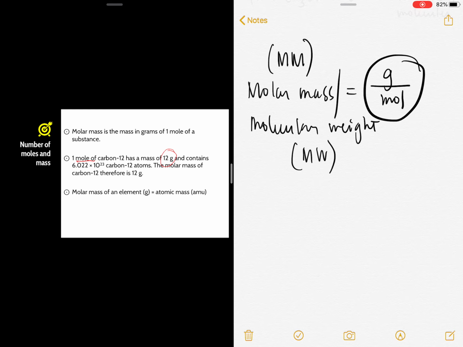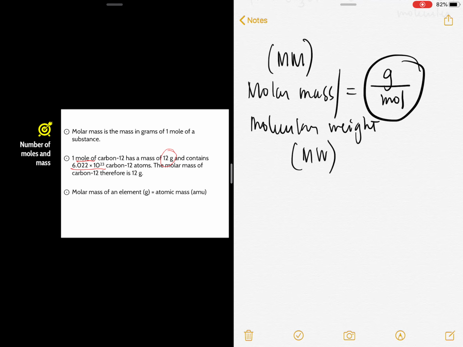Pero, if you are asked, how many atoms does 1 mole of carbon have? Any 1 mole of any substance is equal to Avogadro's number. Ang tanong sa'yo ay atoms. Basta ang tanong sa'yo ay atoms, molecules, or any particle, at 1 mole lang iyon, automatic, 6.022 times 10 raised to 23 lang yon. Avogadro's number yon. Ulitin ko, no? Basta atoms, molecules, and particles ang hinahanap, automatic, 1 mole of that substance is equal to the